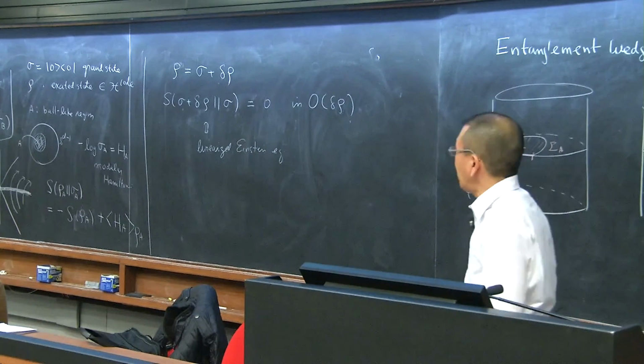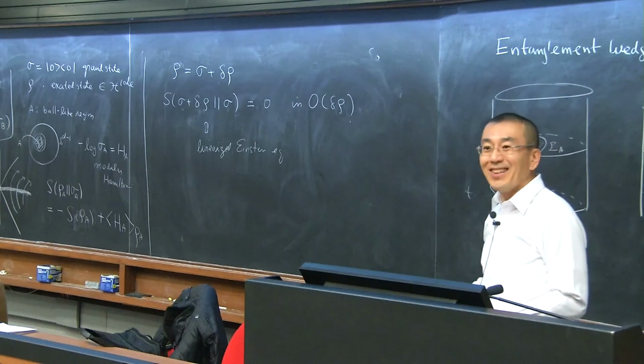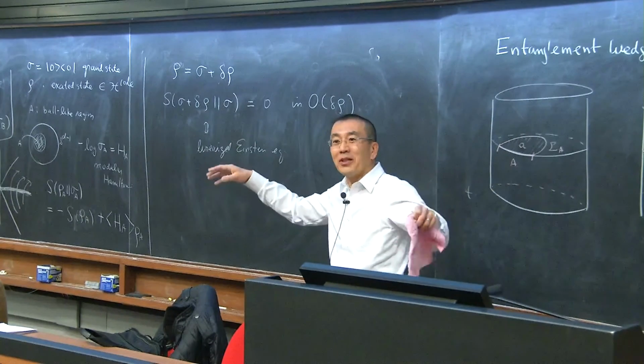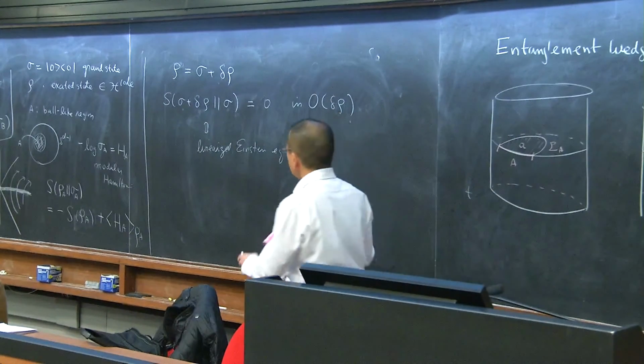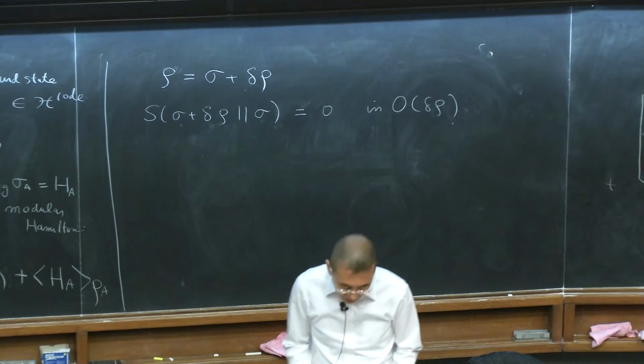It's a non-local thing, but in this kind of linearized situation, it's reduced to a local equation because fluctuations at different points can be treated separately. Okay? And then